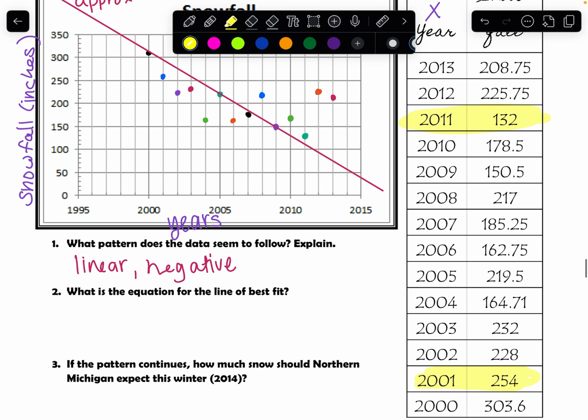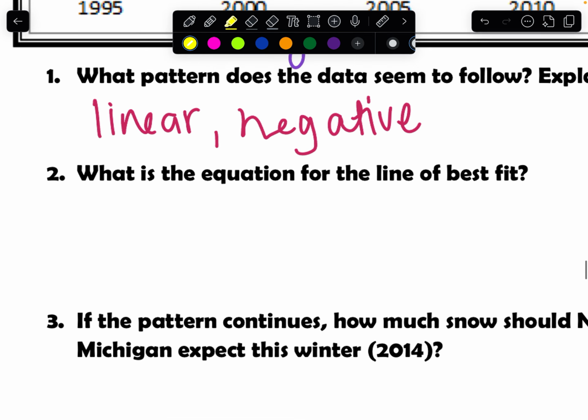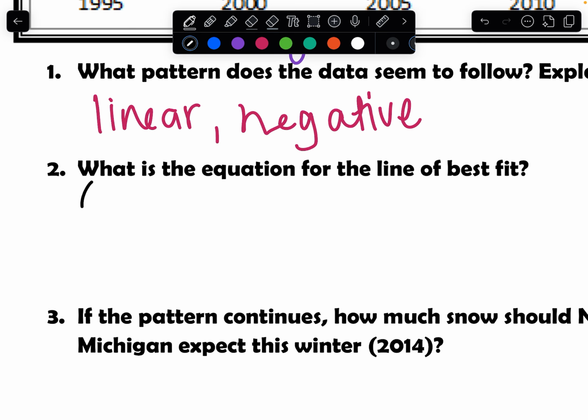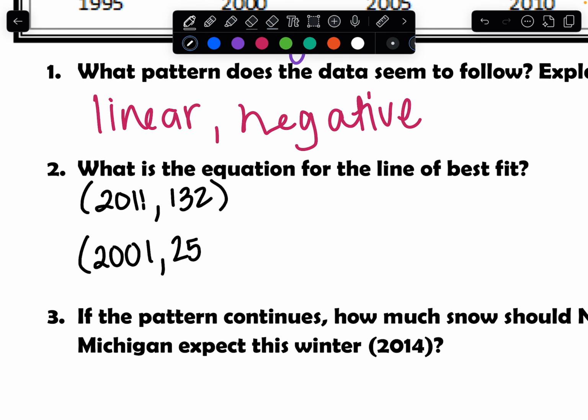The reason is, again, they kind of represent the spread of my data. We don't want them really close to each other. We want them on different lines. And so using those two points, 2010, 132 and 2001, 254,